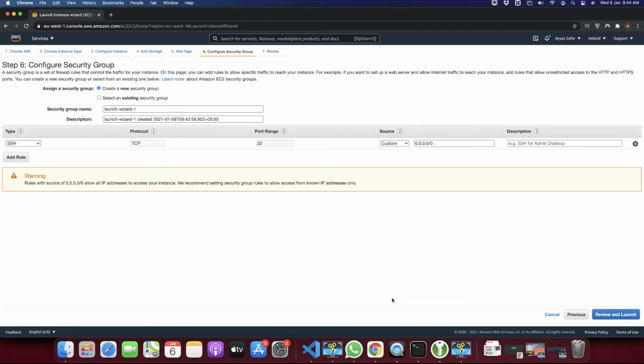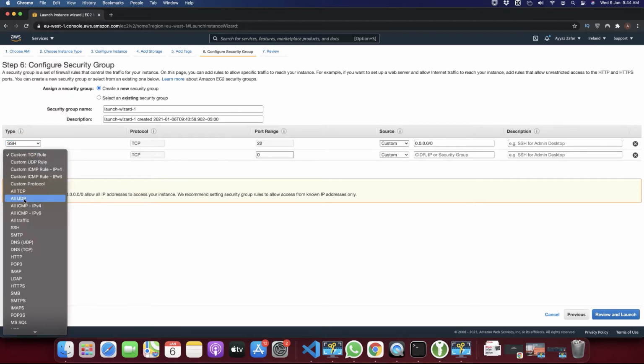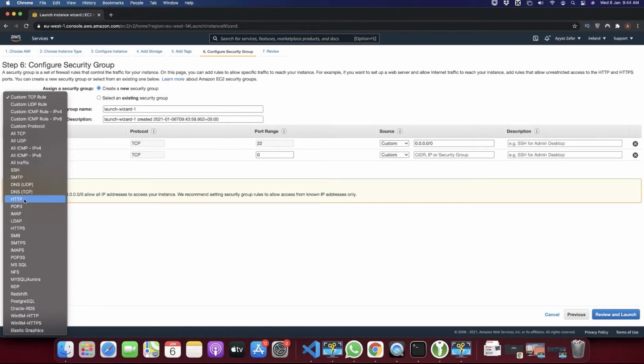But if you want to access your server through the public IP address, if you want to host a website, and if you want to let your website access anything from the internet, then you have to click on the add rule and click, let me find, yeah, click on the HTTP,